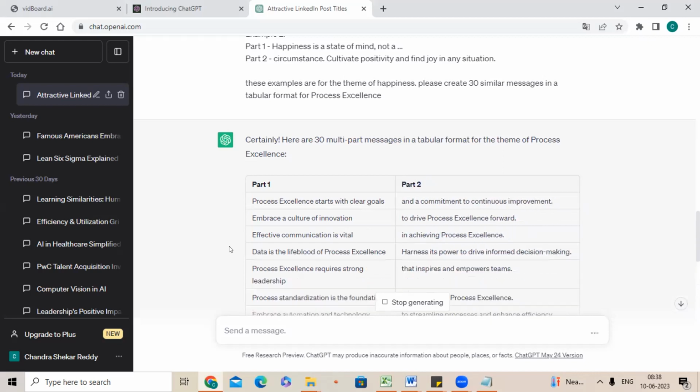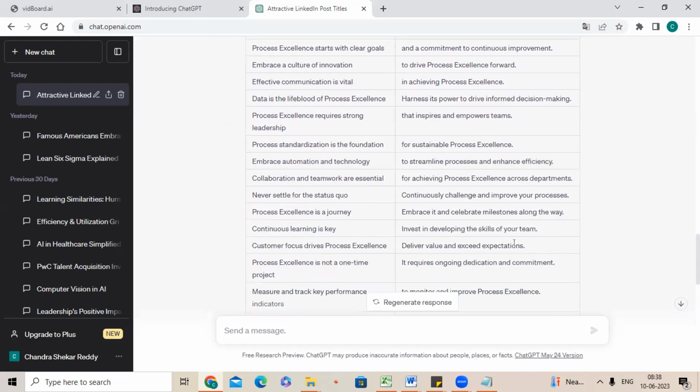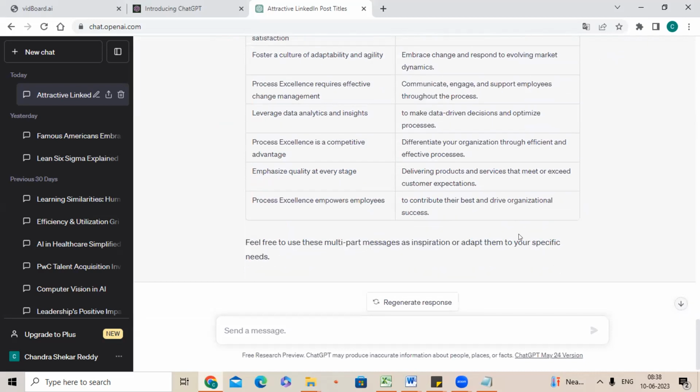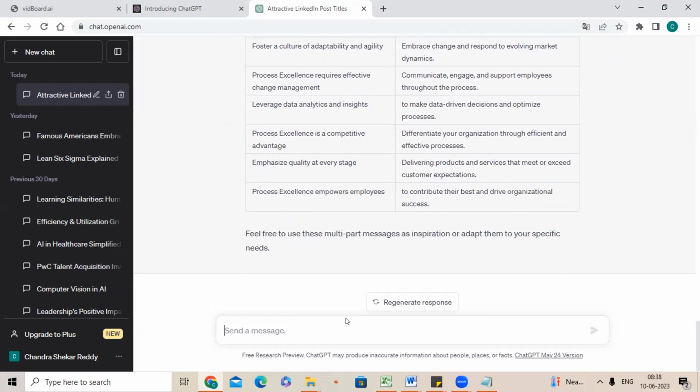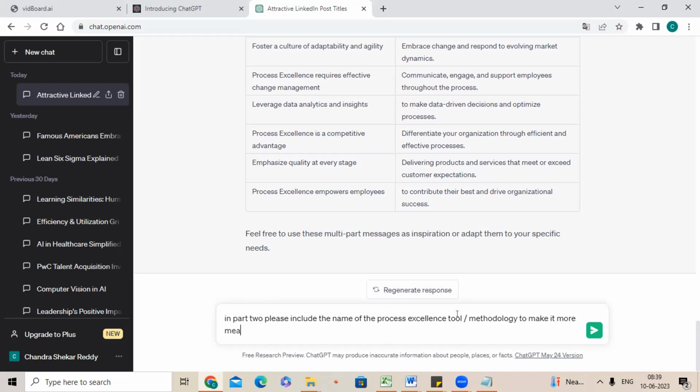Now, to make this better, you can say in part 2, please include the name of a process excellence tool which would help make things better. So we can ask questions in the same sequence, right? Yes, that's how you improve it. It depends. Process excellence is more specific.